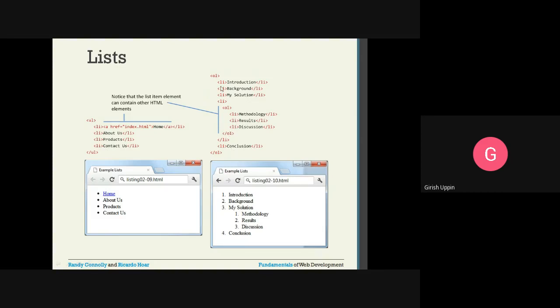And this outer ordered list is not yet complete. It displayed this LI, this LI, this LI, this LI. So this LI is still pending. So this is 1, 2, 3, and the fourth one is the conclusion and the closing of the ordered list.